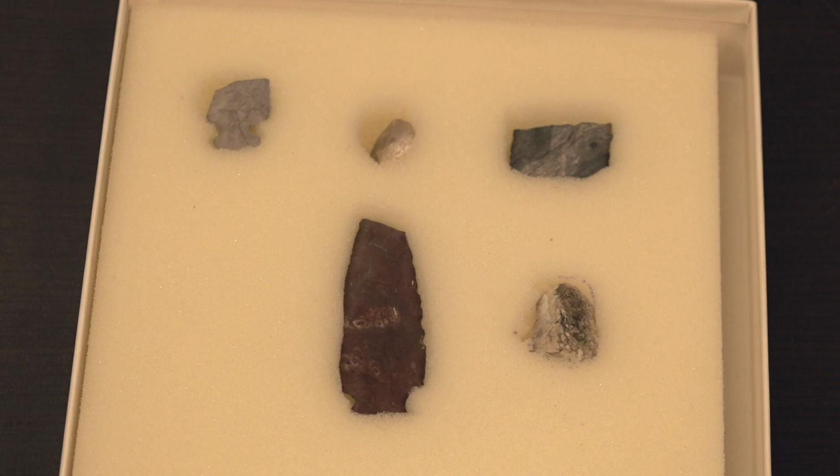And so you can see these were found on the same site, which shows continuous occupation of the same sites. What's interesting is the top left looks like it may have been what we'd think of as an arrow point, whereas the one at the bottom is much more conducive to what we would expect for a dart point for an atlatl or a spear thrower,